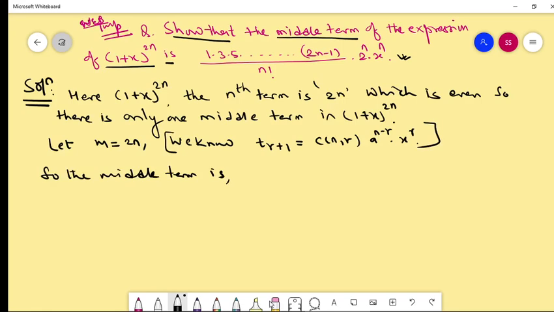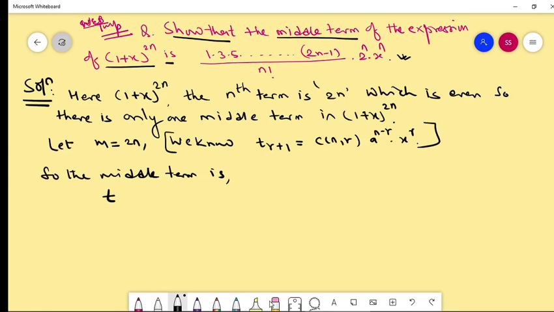Now dear students, there is only one single term. Just now we discussed two middle terms, that's why it was a little bit different. So the middle term is T(m/2 + 1),